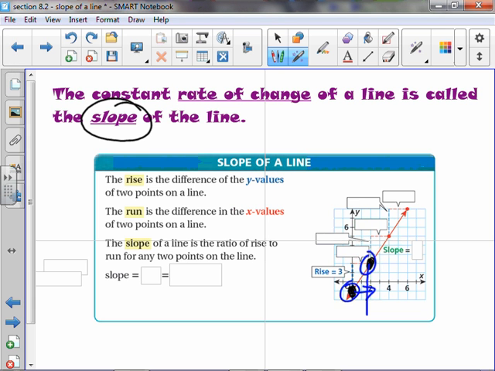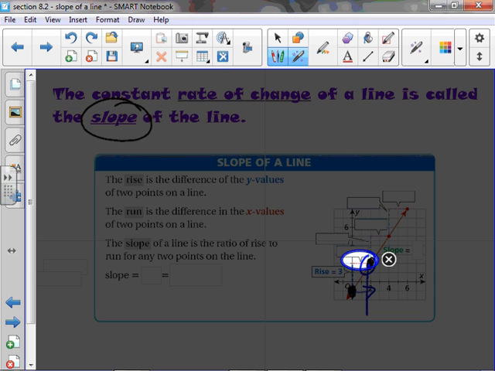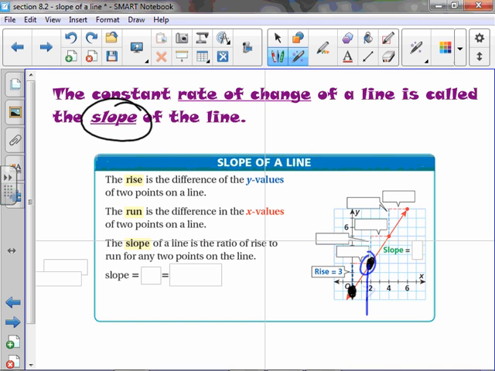And if we do that, we see that it's already done for us. This dotted red line right here is showing us how far over it is, or the run. Okay? So the run is the difference in the x values, and for this case, the run is 2. All right? So because this is a linear equation, no matter which 2 points we pick,